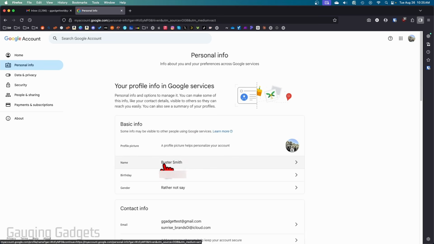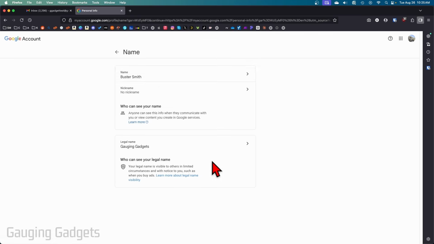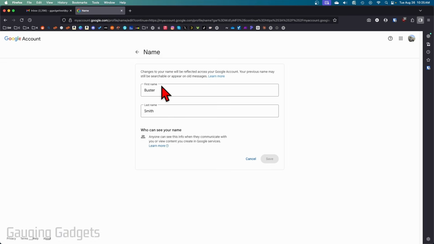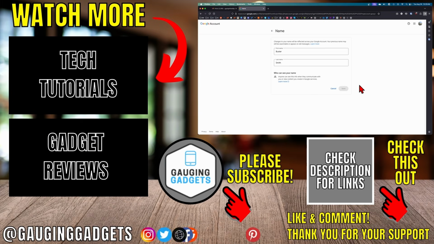And then all you need to do is go down to name right here, select that, select name one more time, and then you can edit your name. And once you change it, go ahead and select save, and then that will edit the name on your Google